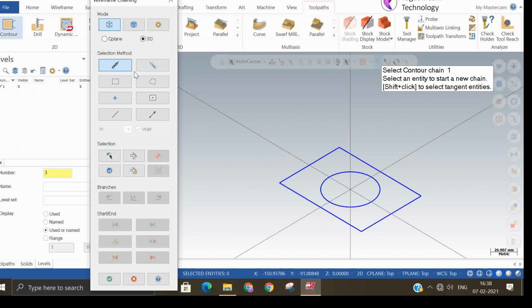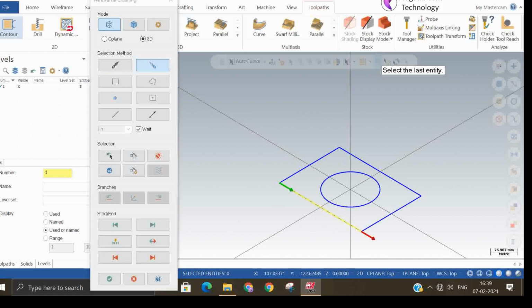So the next option is a partial selection. So first line you select it. There is a green arrow that is fixed and the red arrow will rotate. Okay. Second, this is the third chain and this is the fourth chain. So like this, one by one. This is the controlled selection. So partial selection is the controlled selection. Full chain selection is automatic, it will select by itself.